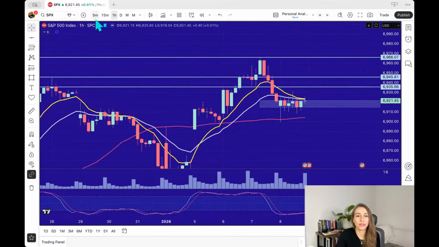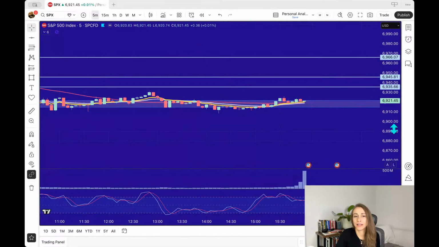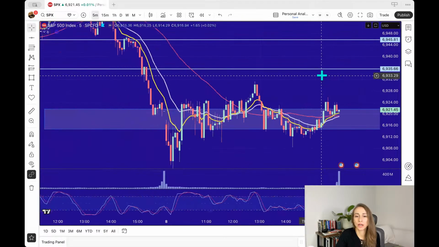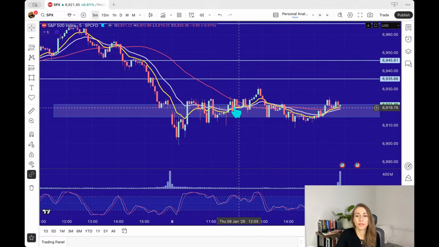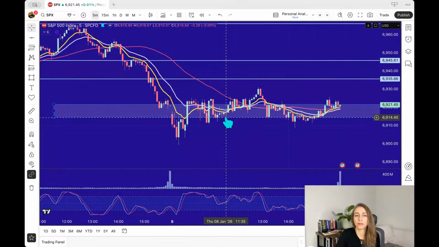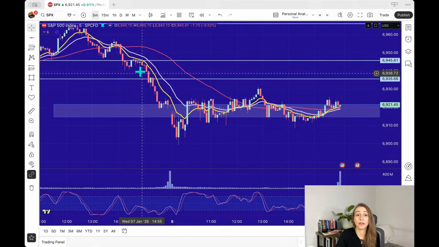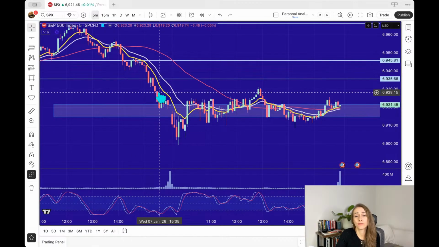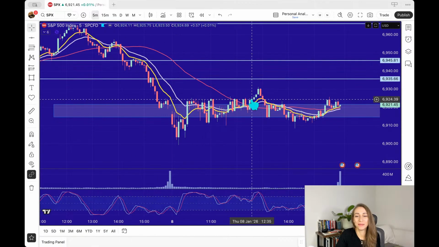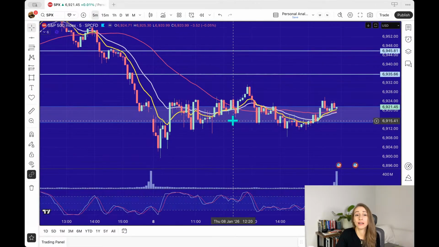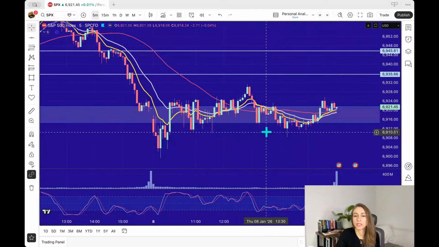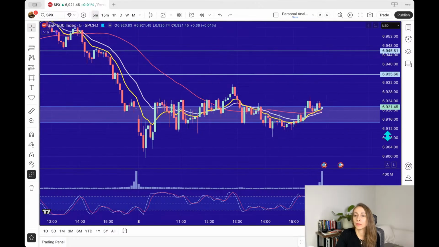All right, so that's looking at the hourly. Then just for the S&P, I'm going to go down to the 5-minute chart. Not because I'm not trading this, but I look for entries. Well, I was trading it, but that's a video for another day. The primary reason to trade it was to get better at recognizing when the daily and the hourly said, okay, let's go. Then I'd come down to the 5-minute to look for an entry, but I did get stuck in this time frame and it wasn't very pretty.